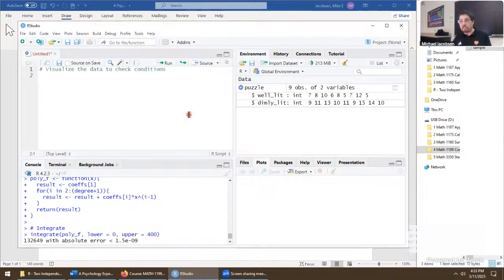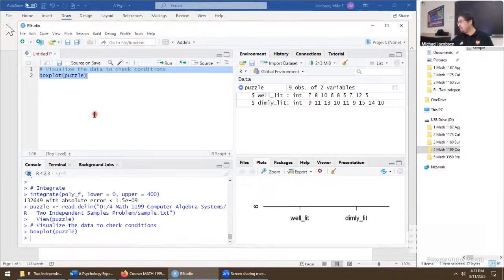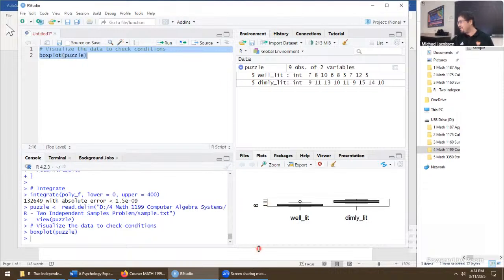And there's lots of ways to visualize the data. One plot could be the histogram, or another plot could be a box plot. Let's go for the box plot. Just call boxplot, pass to it puzzle, so the entire data frame, and this should work out for us. Hit Control A, Control Enter, and there's my box plot on the right, but I have some problems with my graphics. Let me see if I can expand this a little bit.